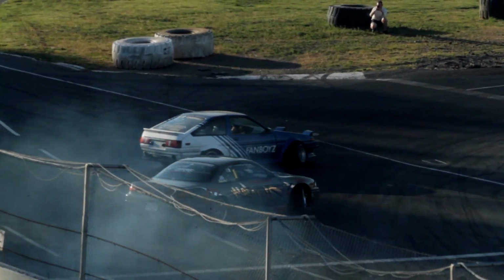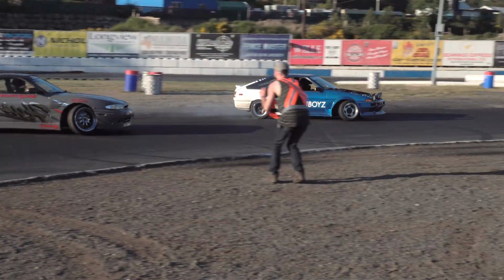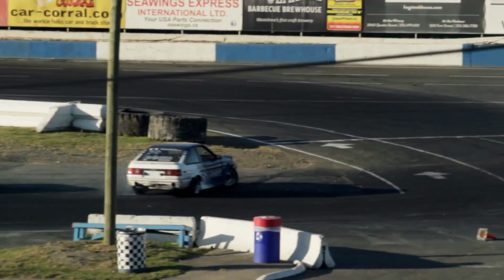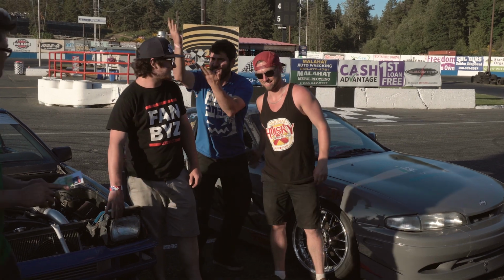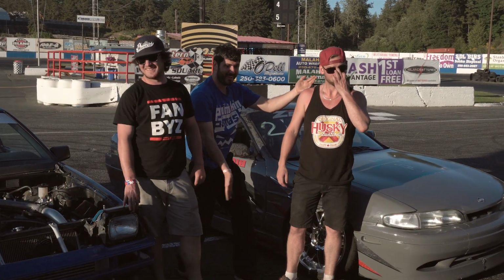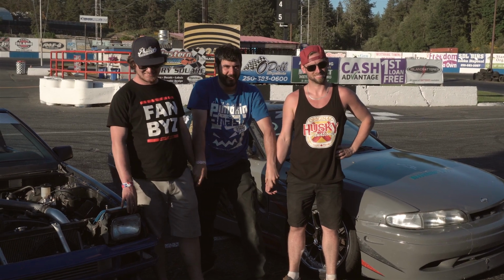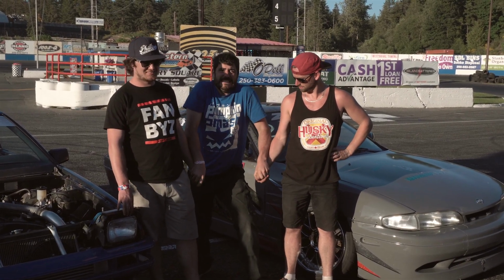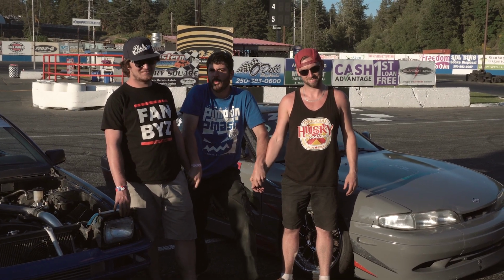Kevin Smith wide line, Danny Cox shoving her up the inside. Final turn, final time of the evening. Kevin Smith and Danny Cox finished off in spectacular fashion. The judges have decided that the winner for round number 2, the 2018 season of Capital Drift is...